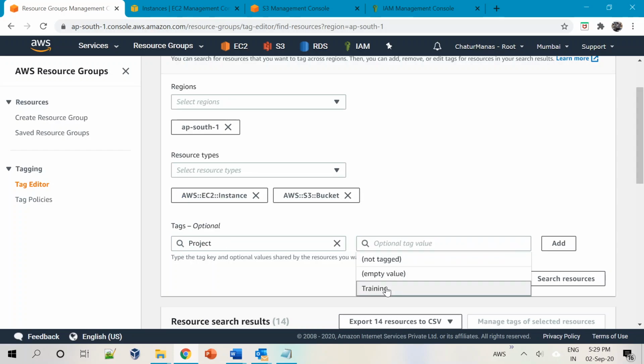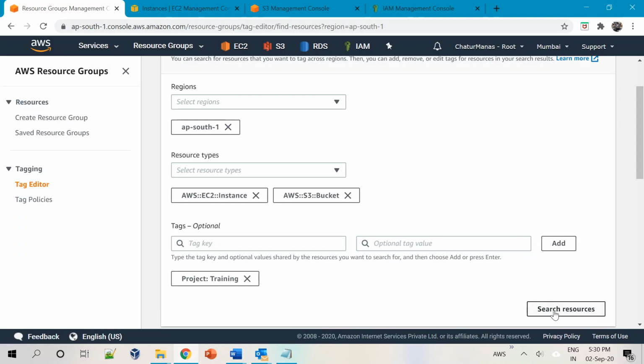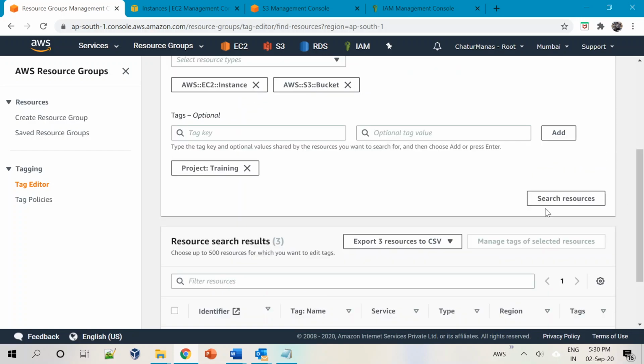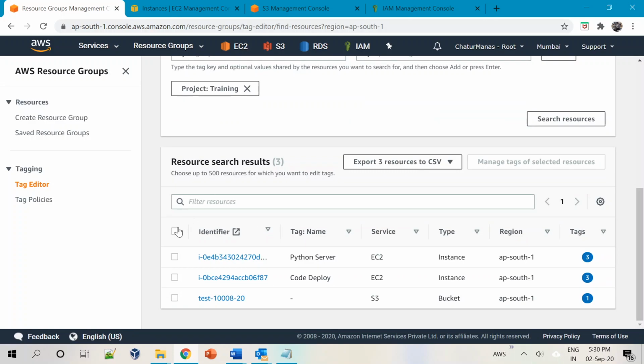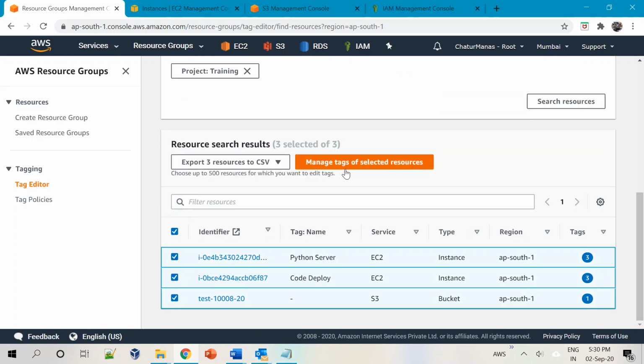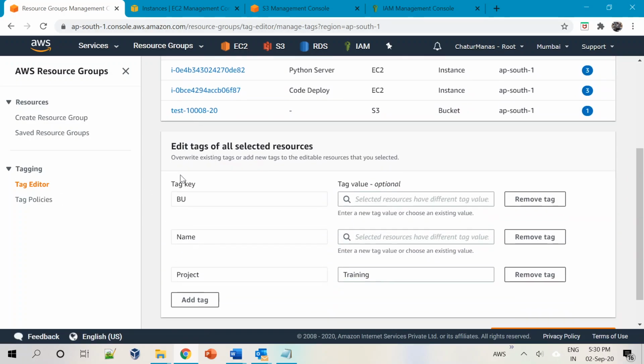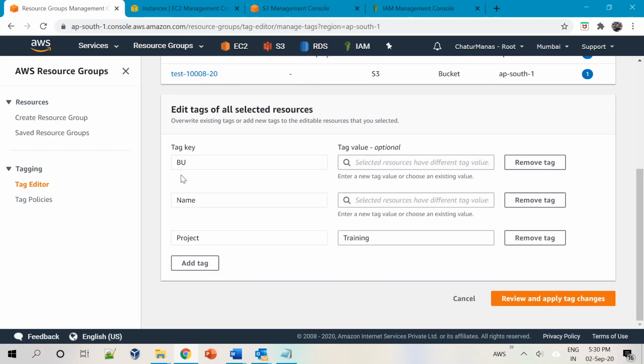So I'll say project training and I'll say add and search resources. Now it's going to search only the resources which have the tag named project with the value training, right? Now I'll choose all of them and let's say manage tags of selected resources. So I'll just choose that. Then it will ask you what tag you want to add.